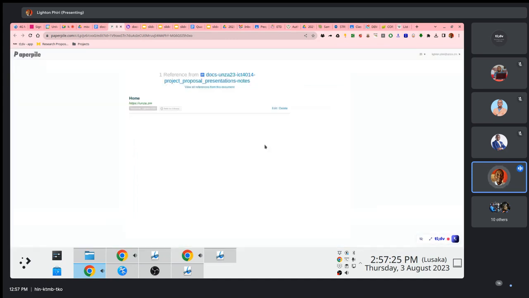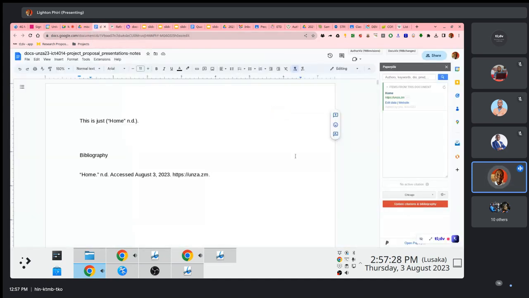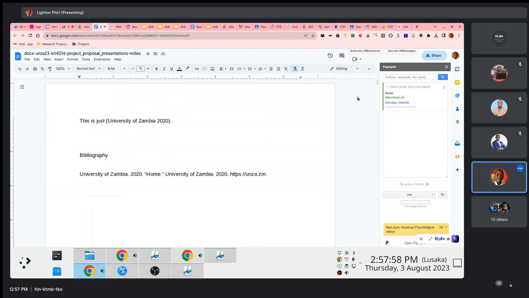When I save this data, when I come back to this plugin and hit update citation and bibliography, the missing information like ND here will have a date instead of an ND because I've now specified the date. And we see that even the formatting of the citation works. And again, the way this plugin, this extension, this add-on works is I can change the citation style. If the lecturer or the journal says use APA, I'll change this, and the moment I update this, the referencing and the citation style will automatically change. So I don't have to manually do all of this.